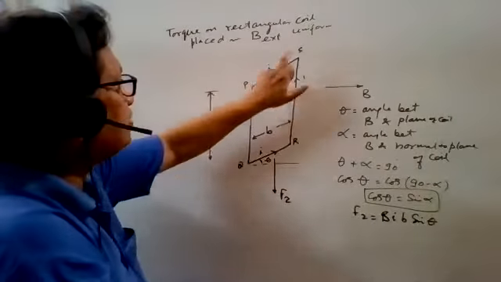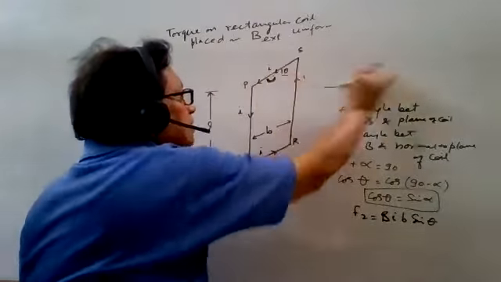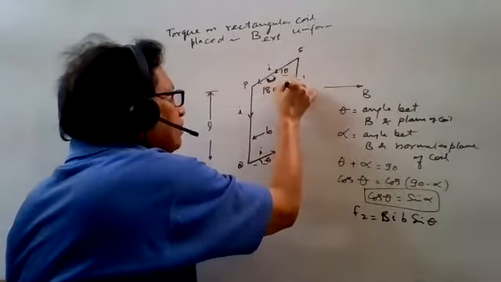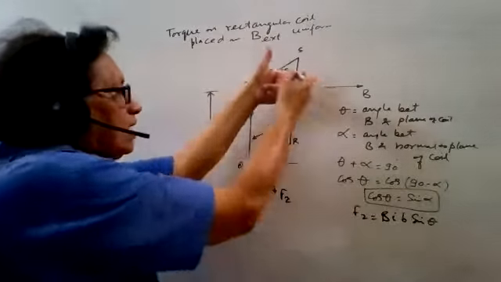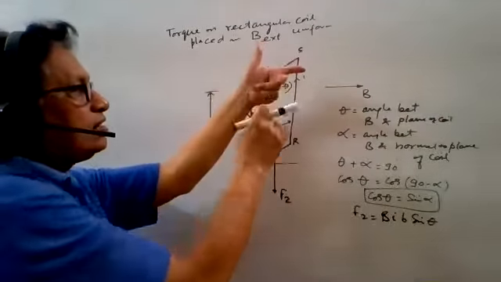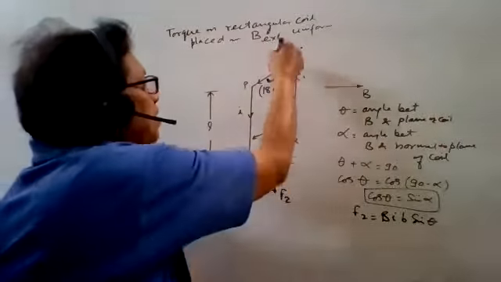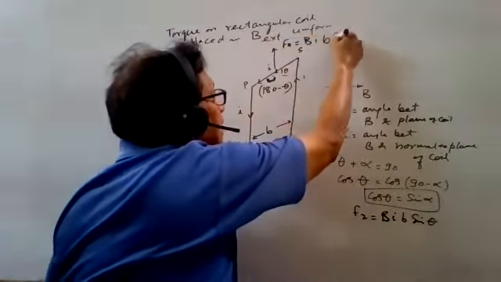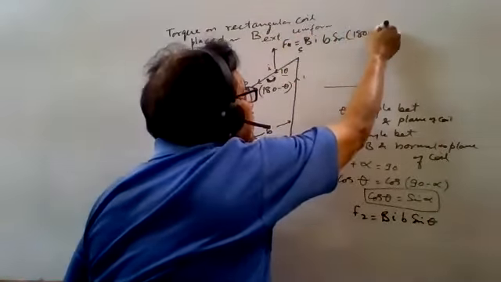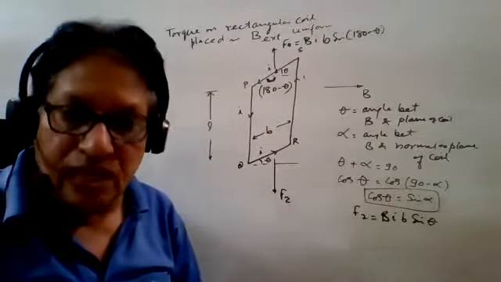Now think of the force on SP. This is the angle here, theta, and what is this angle? This is the current and this is the magnetic field, so the angle is 180 minus theta. By applying the left-hand rule again, the magnetic field is this, and this is the current. The angle between them is 180 minus theta, and the force is upward. Say this is F4. Force is BIB sin of 180 minus theta. The value of sin theta and sin of 180 minus theta are both the same.